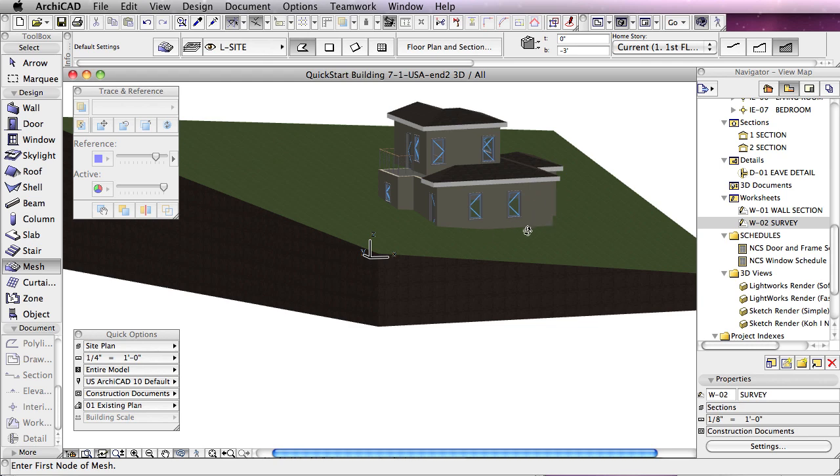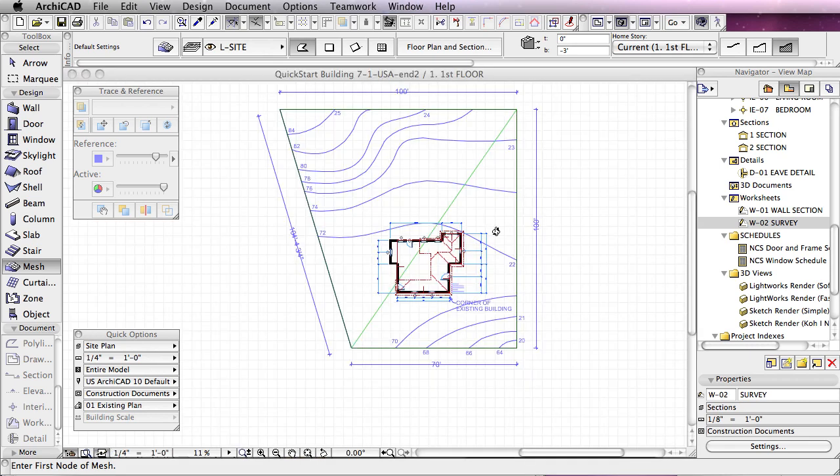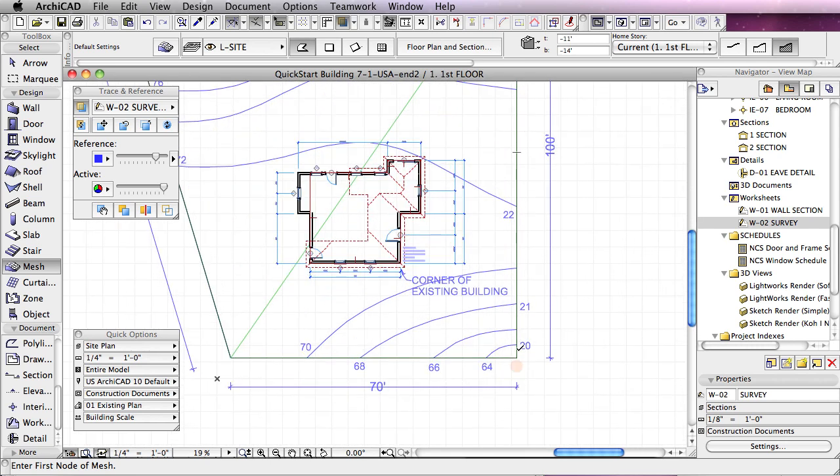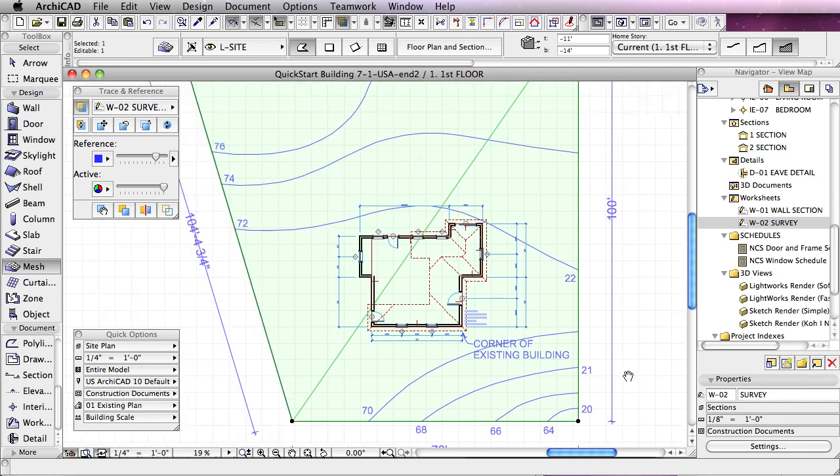But this is a very good way to start working with the mesh, is to set the initial heights to get the prevailing grade, the general sort of estimate of the grade. Now let's go and start to create a little more detail. Now I'm going to select this again, and I'd like to start with doing the two contour lines that are